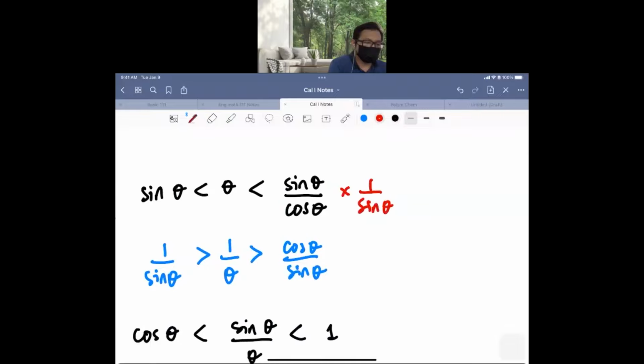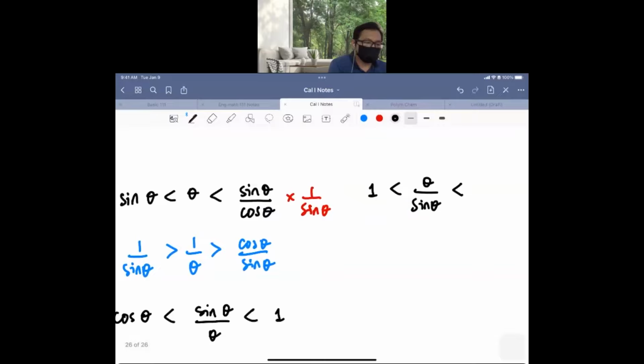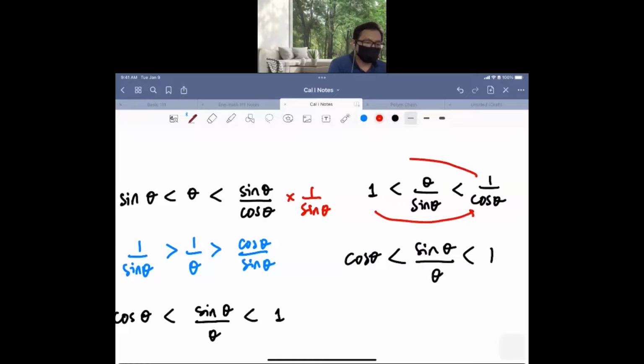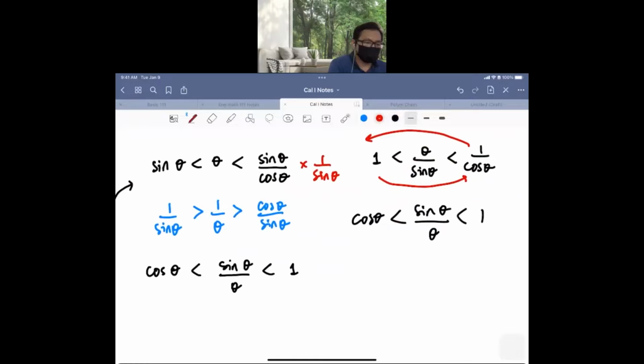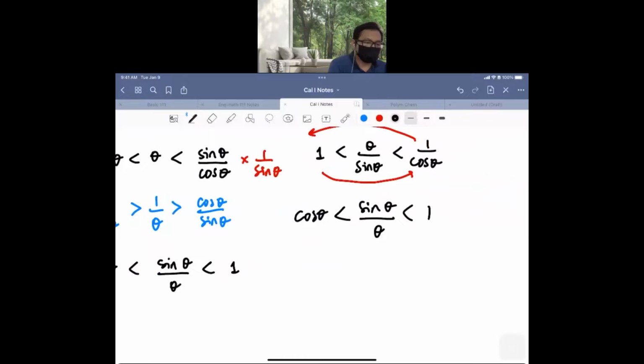Or maybe to make it clear, maybe we multiply with 1 over sine. This will be 1, theta over sine theta. This will be 1 over cos theta, which means we reciprocate, this becomes this. And we move or exchange the cos theta and 1. So we move here, we move here. Okay, well, I will explain later. And then from this part,